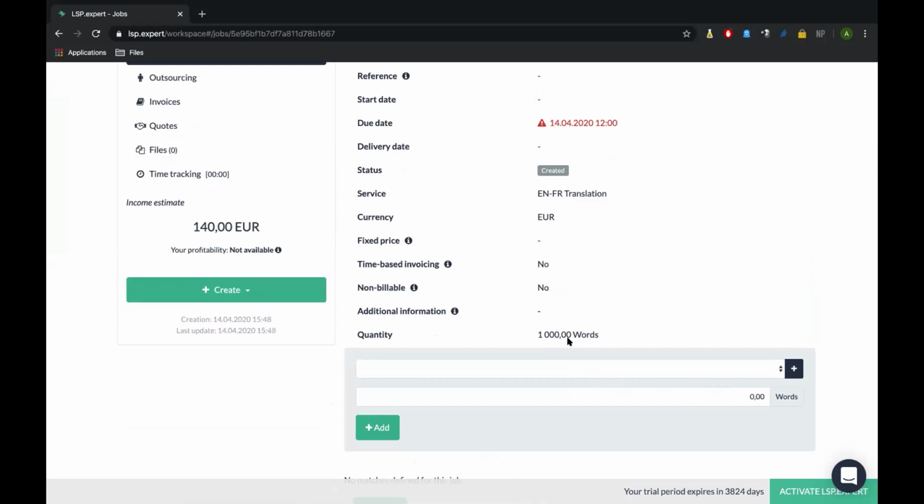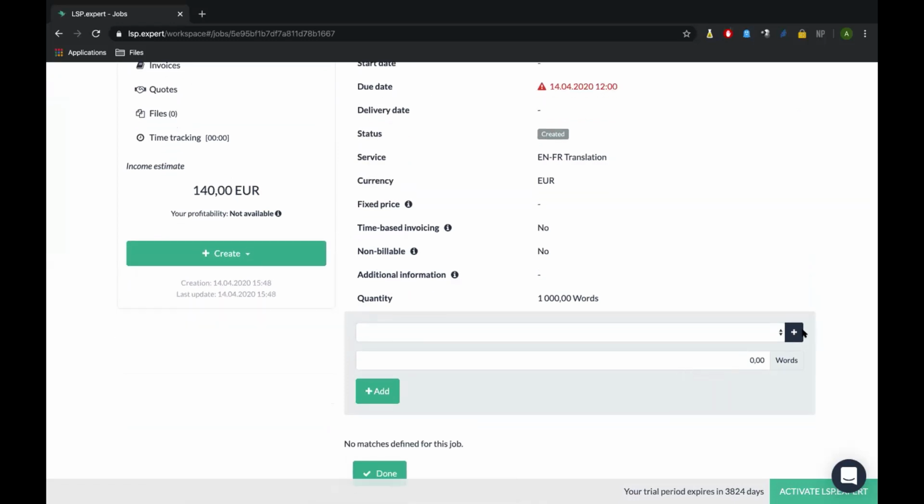So for example, let's say I have 1,000 words, but I have fuzzy correspondences, and I have 500 words with fuzzy correspondences. So basically, for that client, I'm doing English to French translation. I've already set my service for that at 14 cents a word.